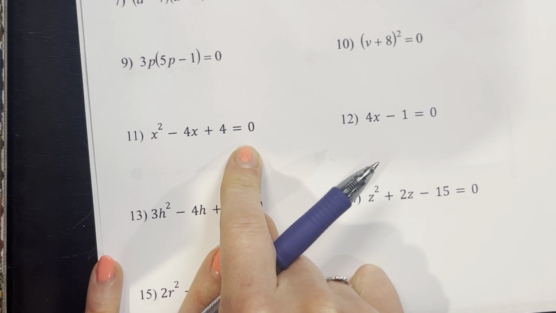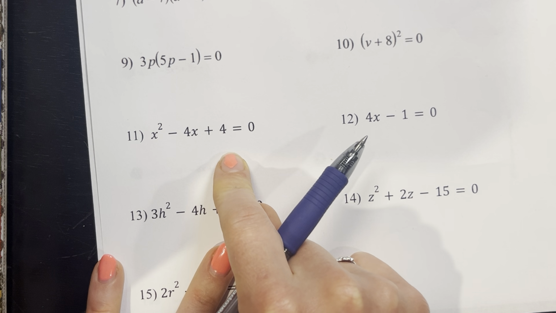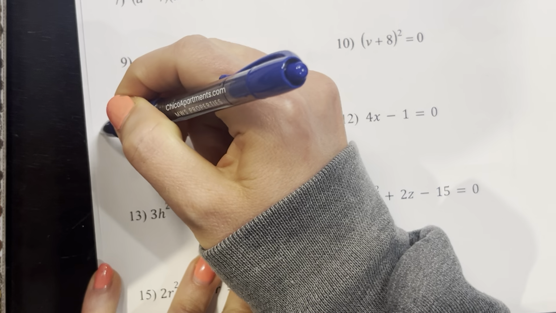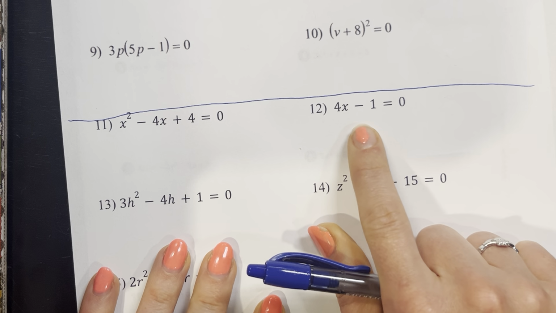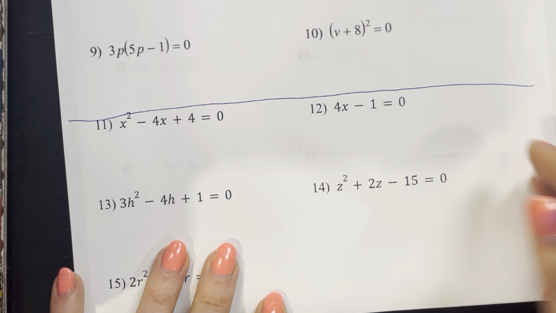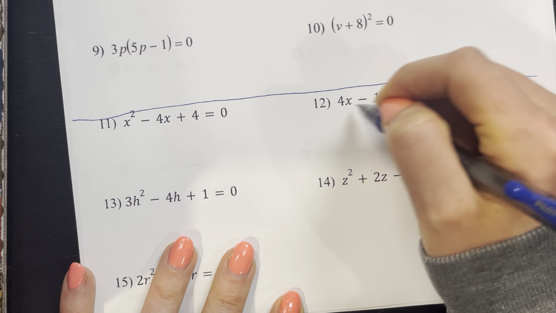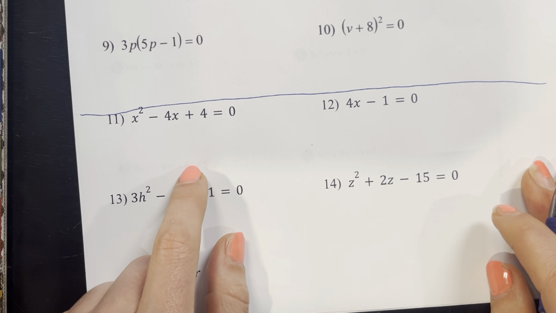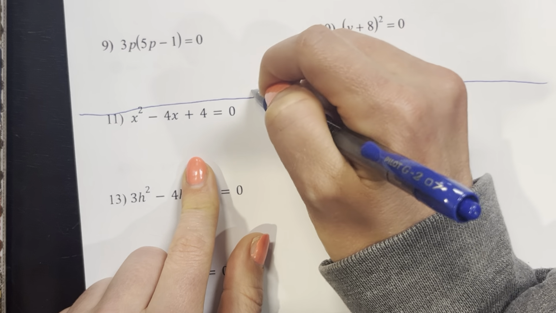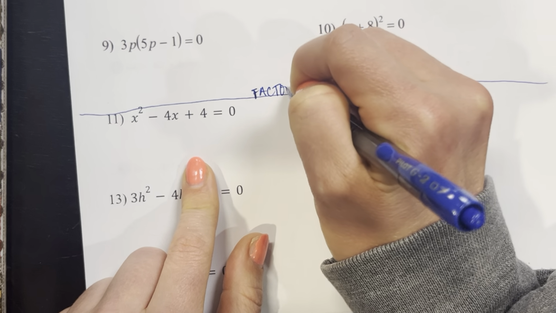So this is not in factored form. Everything underneath here, this one you actually don't have a factored form quadratic. This is just a linear equation with you solving for x, so this is easy. These ones you cannot solve with zero product property. It has to be in factored form. So for the ones below here, we have to